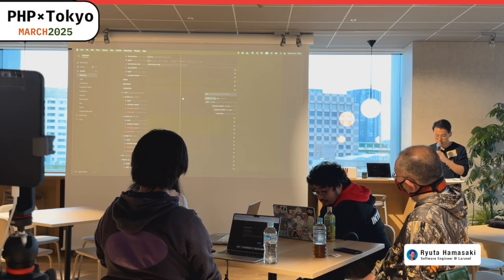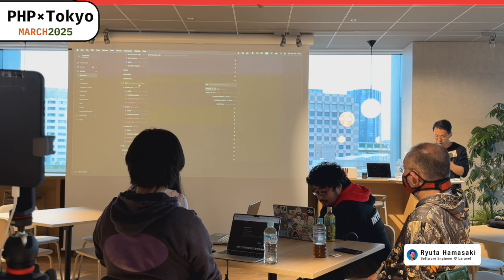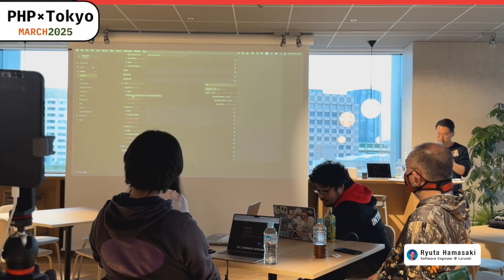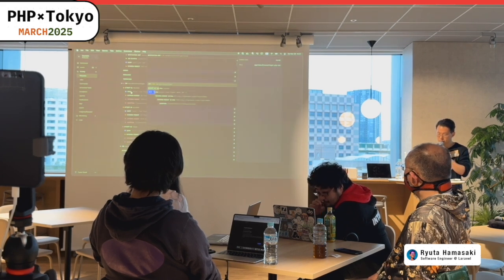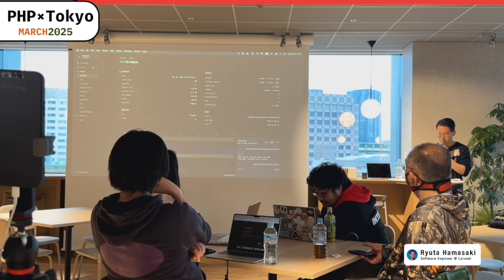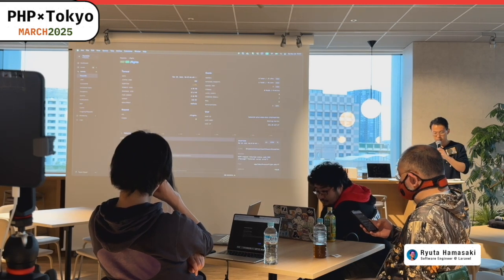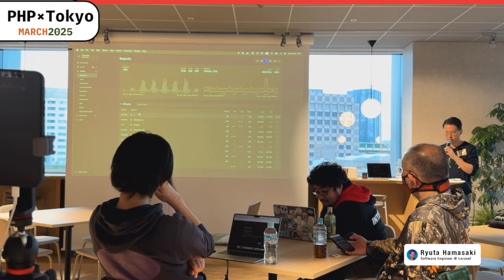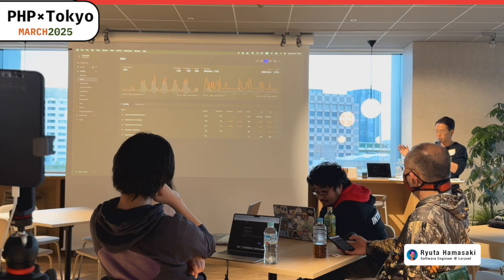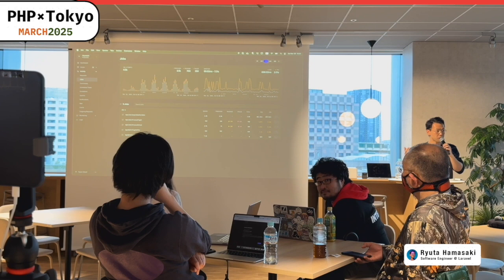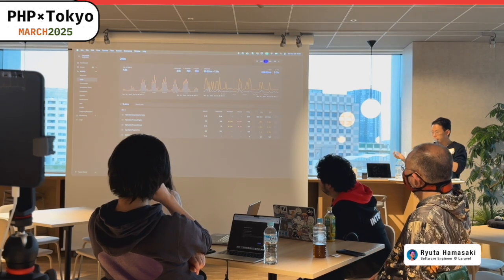background jobs. In this process flight job, there are 3 attempts: attempt 1, attempt 2, attempt 3, and in this job, there are database queries and an exception happens here. Okay, so this is how you can see all of the details of your request in the timeline view, and you can see pretty much the same information for other application entry points, such as jobs, artisan commands, or scheduled